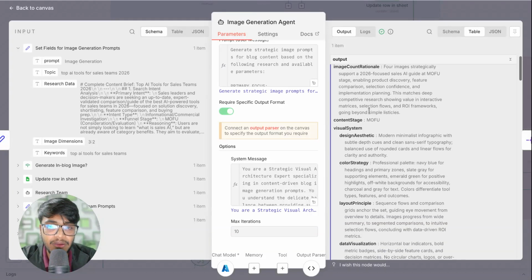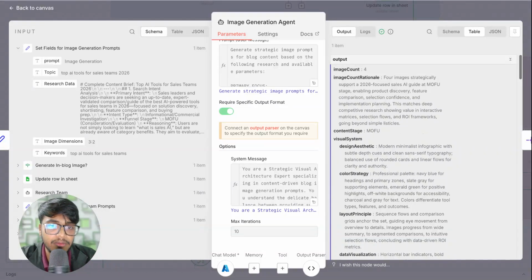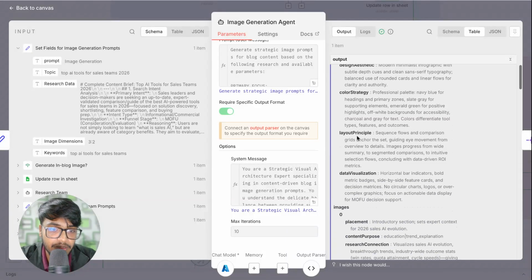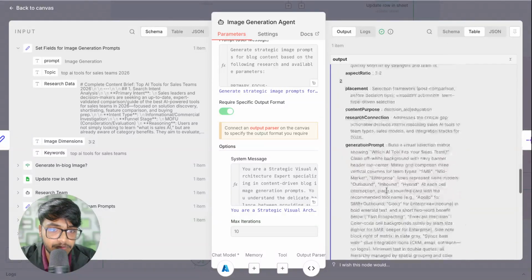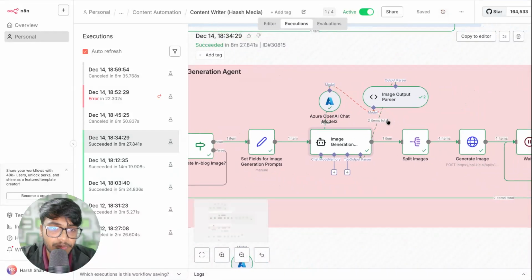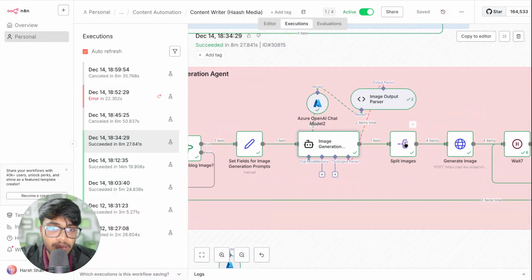As you can see, we asked to create four different prompts to create four different images for the blog post, right? And these are the four different prompts for that. As you can see, design, aesthetic, and all of that. So again, these are the prompts, and then once the prompts are created,